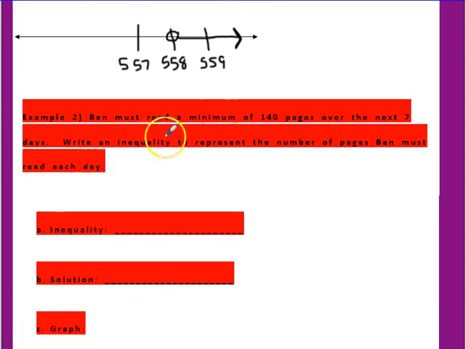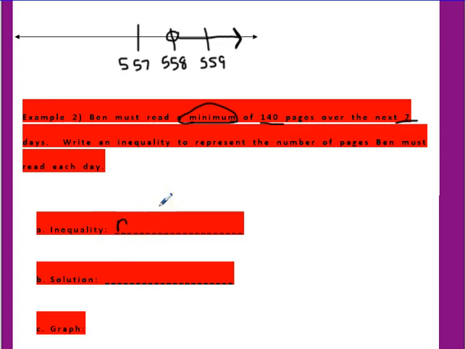Ben must read a minimum of 140 pages over the next 7 days. So 140 seems pretty good. We want to underline that. Over the next 7 days. Write an inequality to represent the number of pages that Ben must read each day. So if he needs to read a minimum of 140, so the pages he needs to read is a minimum of 140,